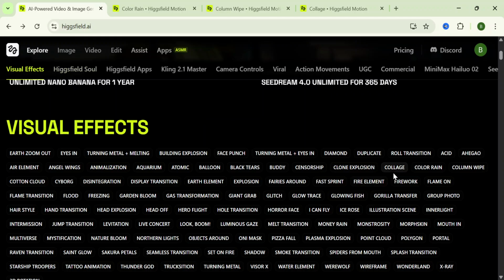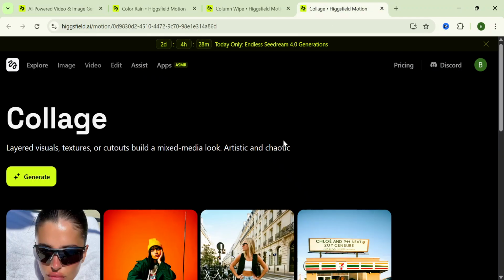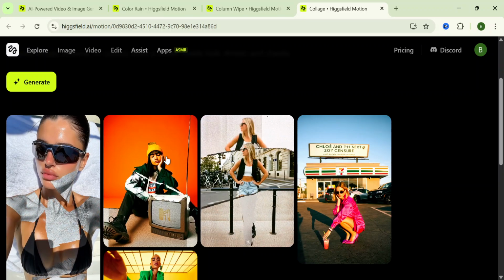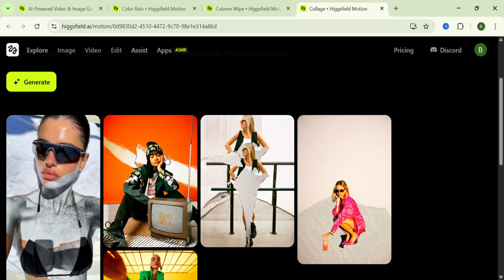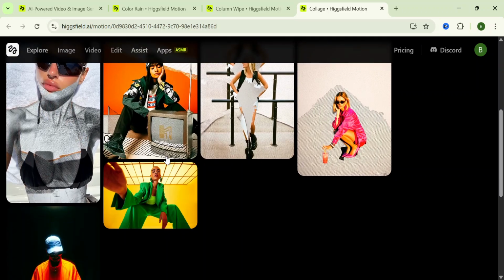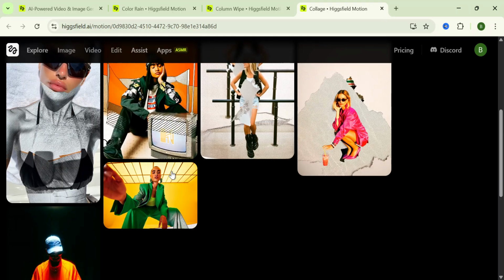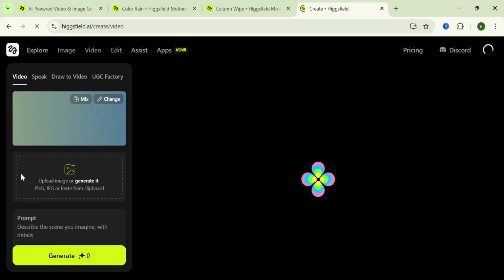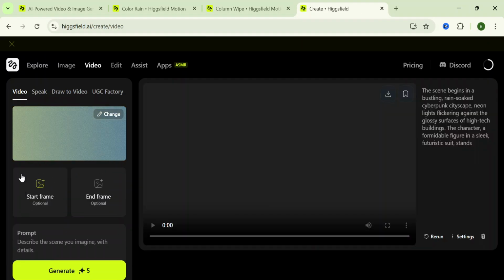Fourth step, go to the collage effect here, click on it, and you'll be brought to a page like this. Now you would see various examples of this particular effect, and you can either click on any of them or create your own by clicking on the generate button here. So once you've done that, you'll be brought to a page like this where you just have to upload your